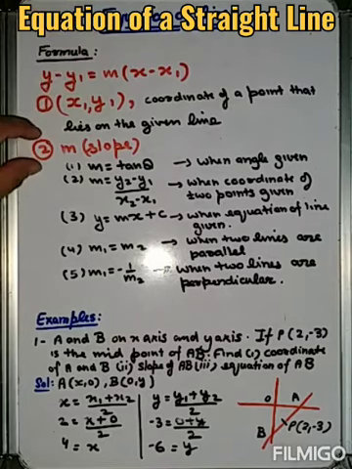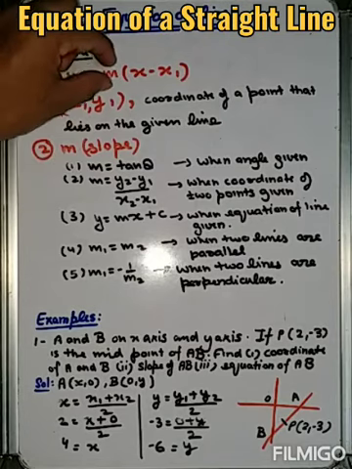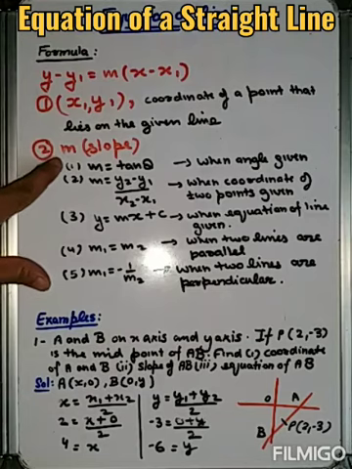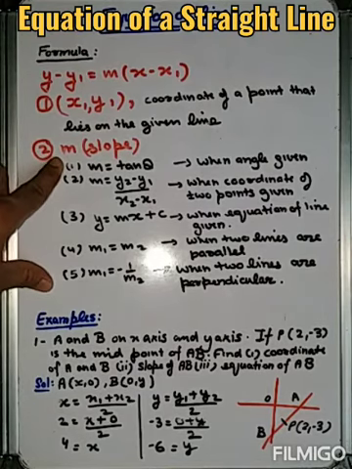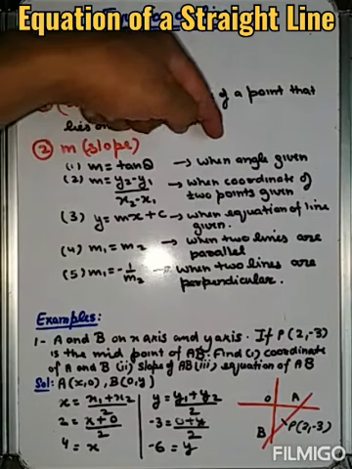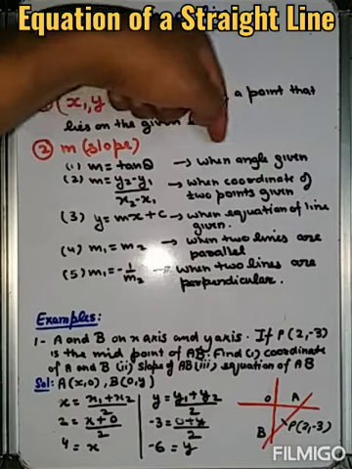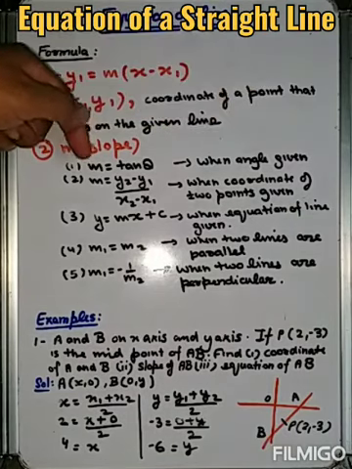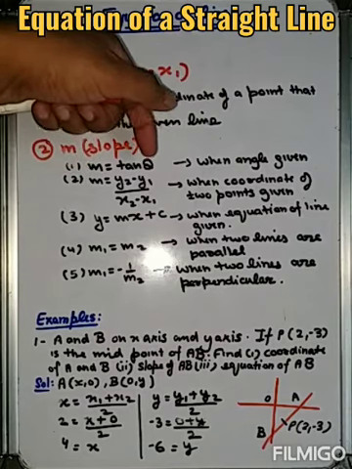And second thing, we have to find the slope, because m is also there. How to find slope? This we have discussed in the last video. Let us briefly describe this. How to find the slope? When theta is given, when angle is given, inclination of the line with the x-axis is given, then we apply this formula, m is equals to tan theta.